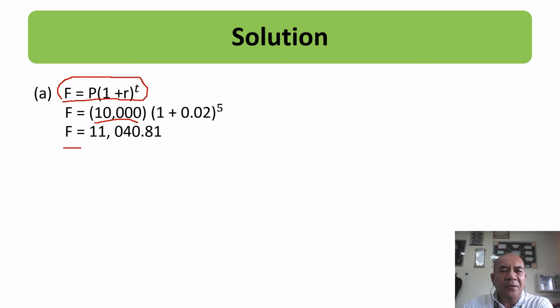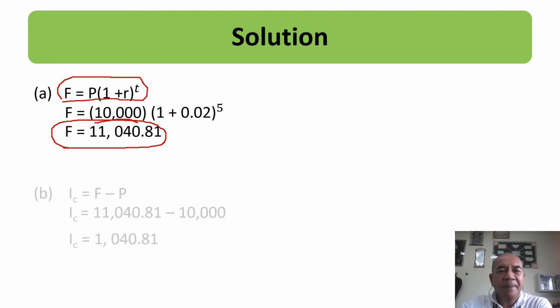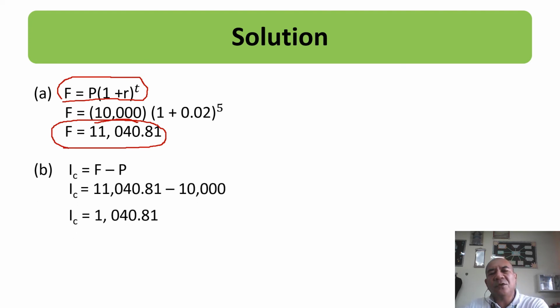And your future value is 11,040.81. Okay? And next, what are you going to do to solve for the compound interest? You simply subtract the principal from the future value. Our future value is 11,040.81 minus 10,000, which is the principal. So your interest or compound interest is